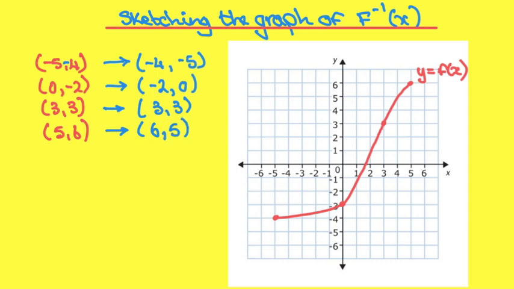So we can now plot those points. So we got minus 4, minus 5, minus 2, 0, 3, 3, and 6, 5. So now if we join them up,